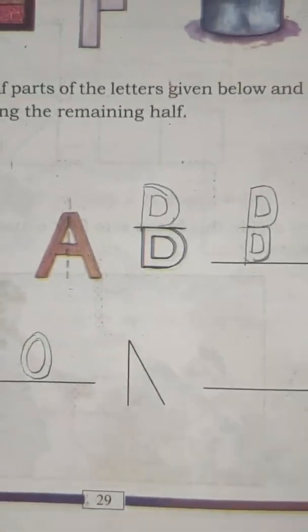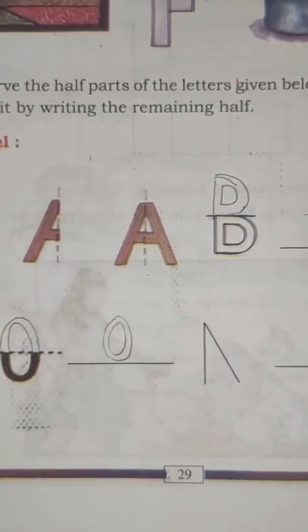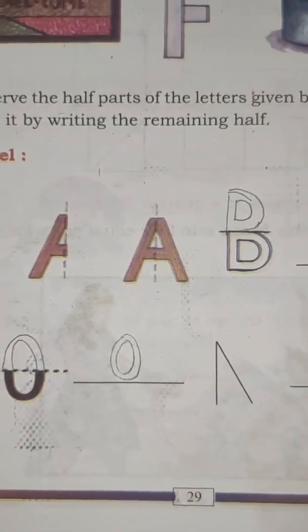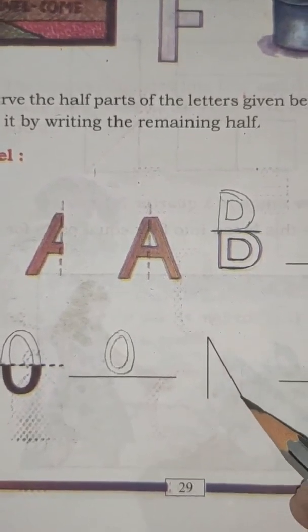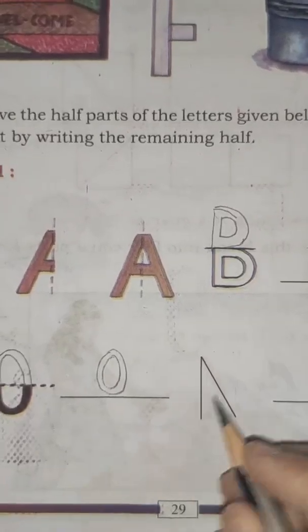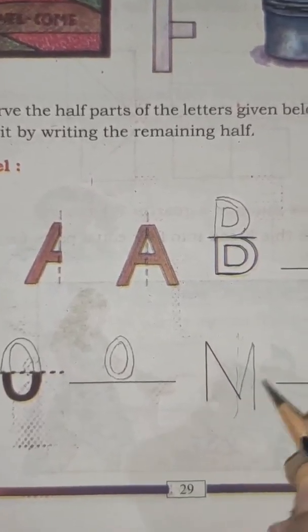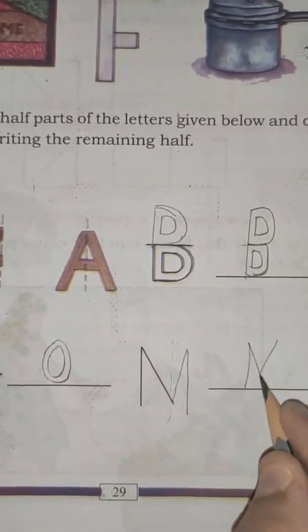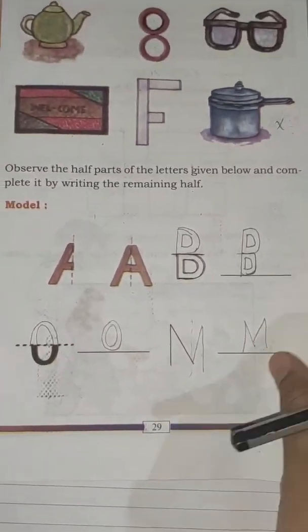In the same way, just try to do this one. Which letter will we get here? If you complete this one, you may get N. No. If you get the N here, if you cut the N, do you get the half here? No. So it is better to draw M here. If you cut this one in half, you will get equal halves here. Isn't it? So M. By using a scale, children, try to do this by yourself.